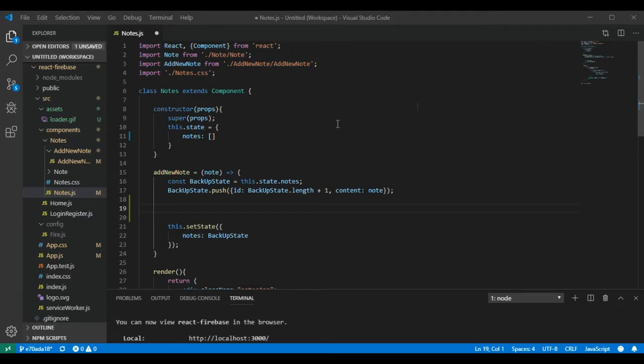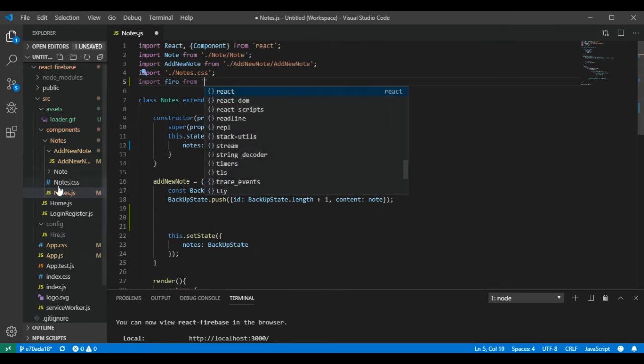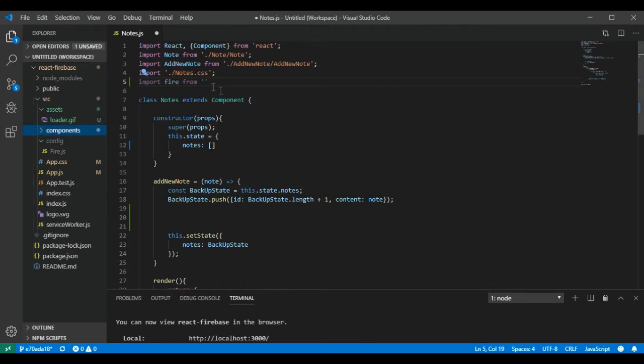Let's see how we can do that better. So first of all, we should import the configuration file with our session and everything. So let's import fire from, okay, so we are in notes. We go two steps back, and then we have config, and then here we have fire. Alright, now here in our add new node component method, let's do, so using this backup variable,